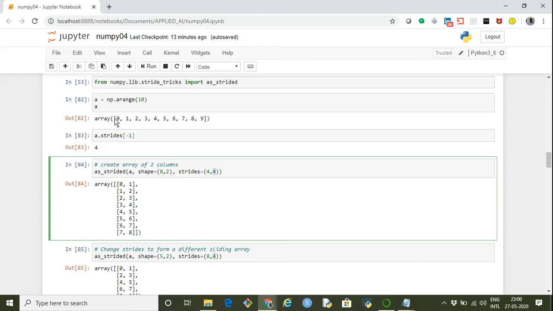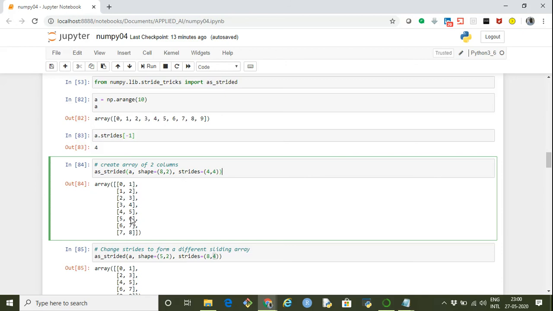Here in this case, again it's like from 0 to 1, and similarly from 1 to 2. So we are jumping just one element, which is the stride of 4 only. The stride of 4 comma 4 means we are moving just one element at a time, in the column as well as in the row, and then we are creating the array. That's how we give the stride as 4 comma 4, and then it created the array.